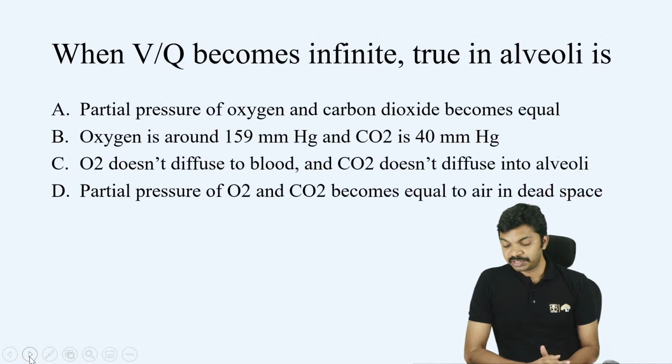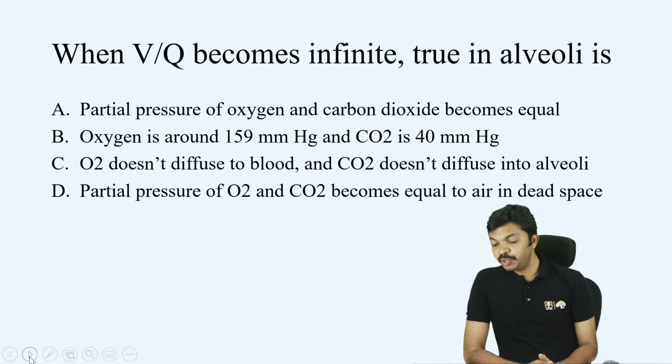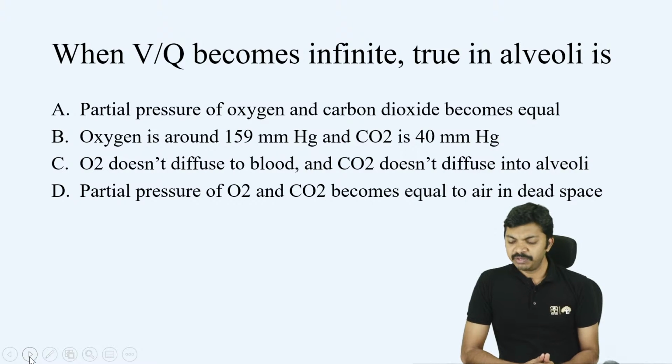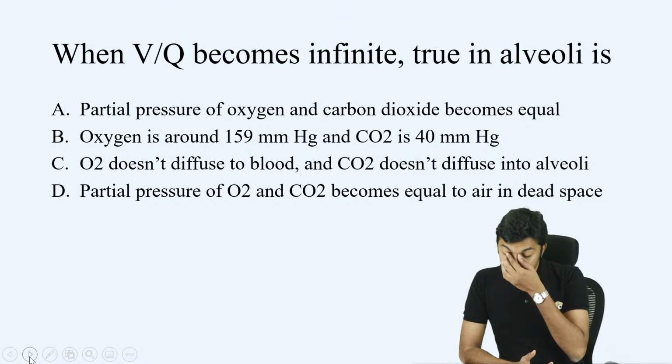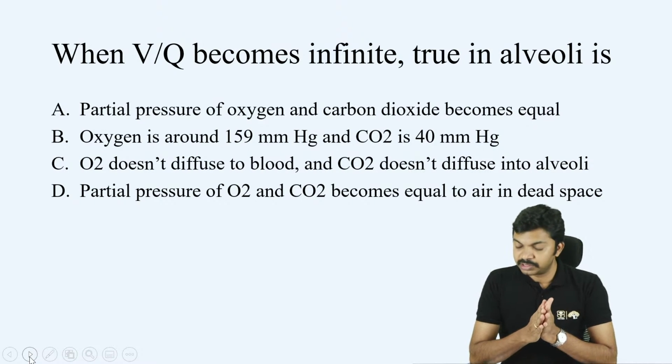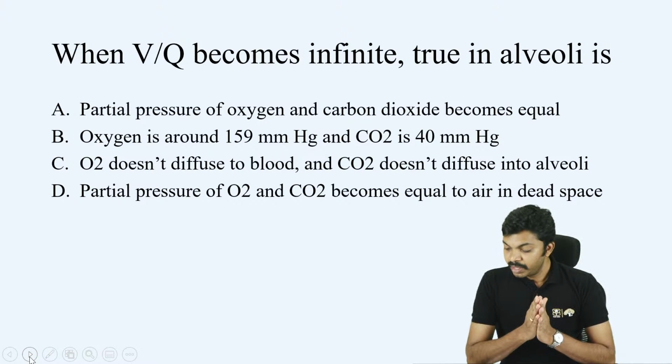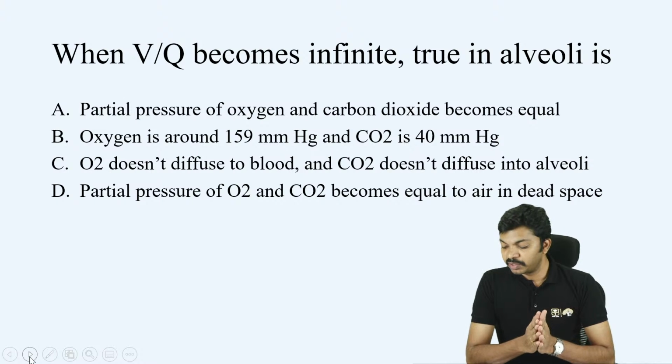Moving on to the next question. When V by Q becomes infinite, true in alveoli is. What is V by Q? Ventilation perfusion ratio. Alright, let's get to the answer first. Option A: partial pressure of oxygen and carbon dioxide becomes equal. Alright, option B: partial pressure of oxygen is around 159 millimeters of mercury and carbon dioxide is 40 millimeters of